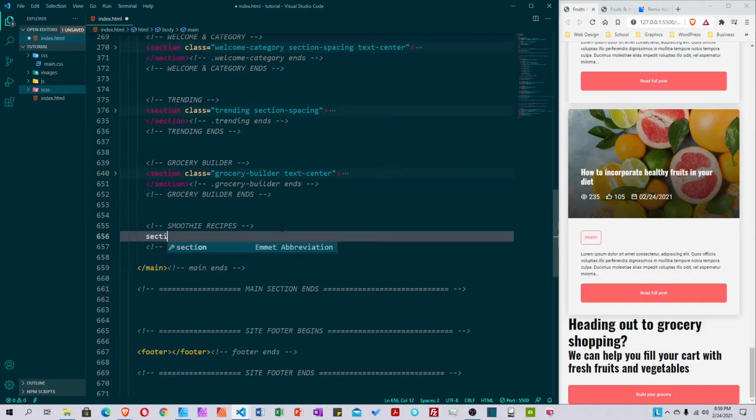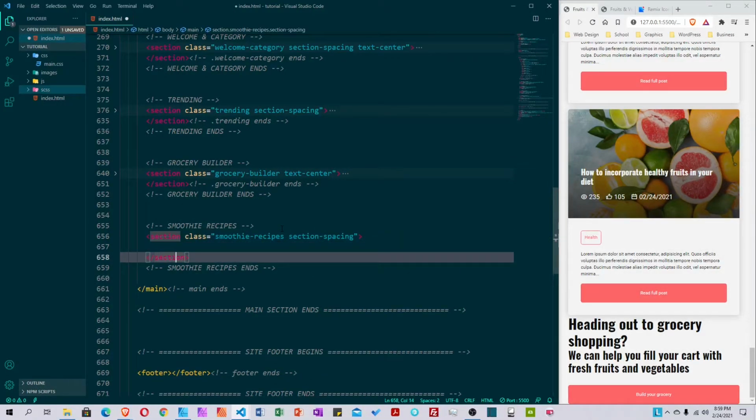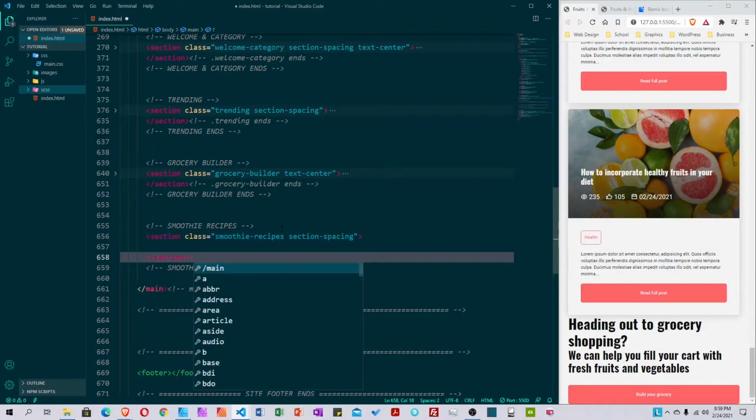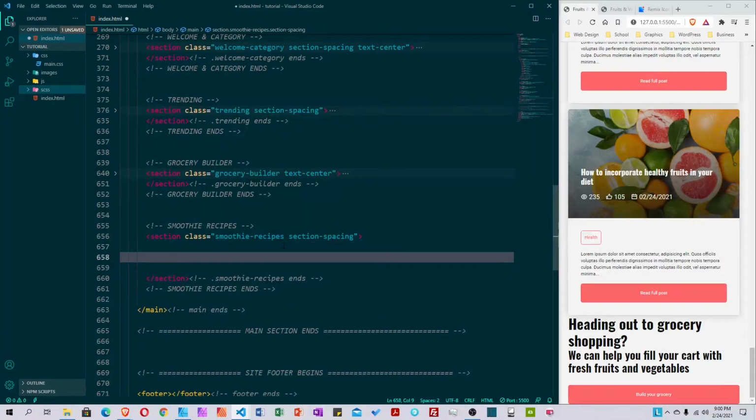This section, yes, smoothie recipe, and then section spacing. So I go down right here, write a little comment, create a container,